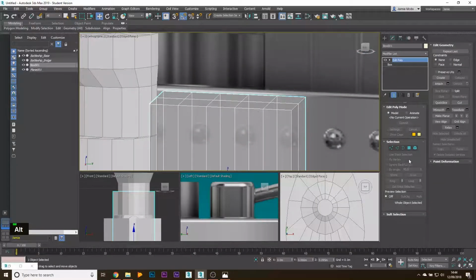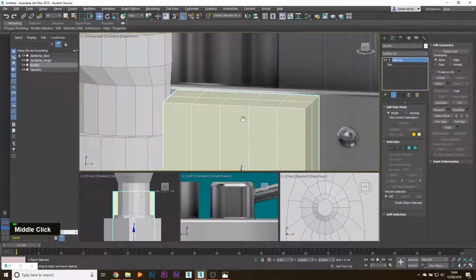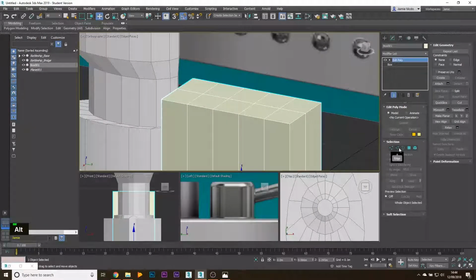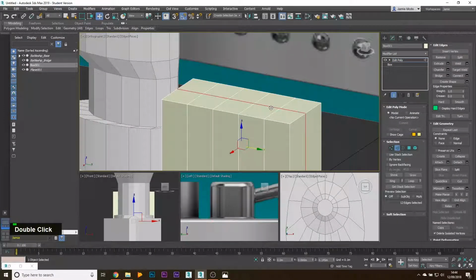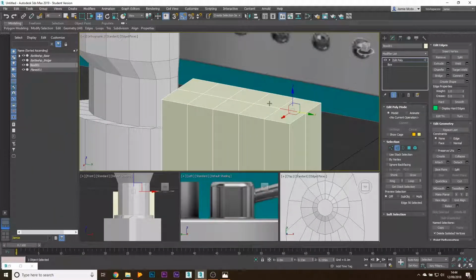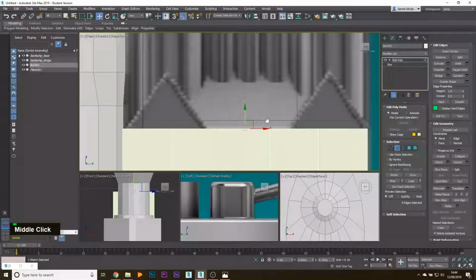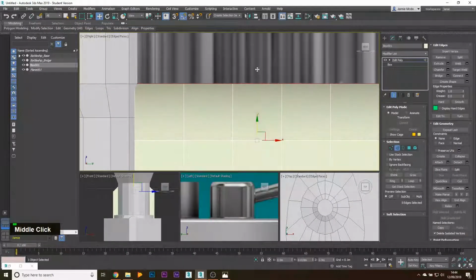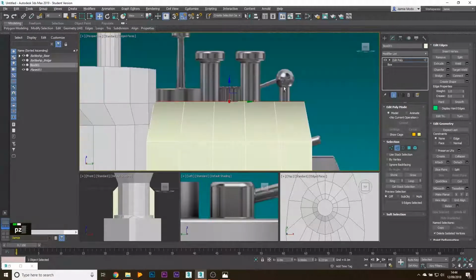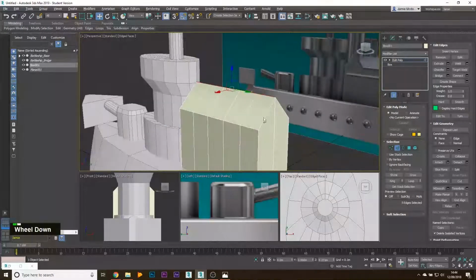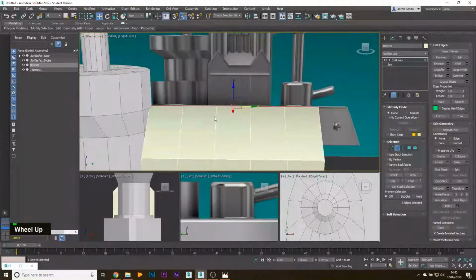So if I press Alt X to make it solid again, I'm going to select Edge. I don't want to double click because I only want this top line. So I'm just going to click one, hold Control, click, click, click, click. Look back at my right side, press Z if you lose focus, and drag it up to about there. And if I look at that, you can see we've got the rough kind of shape. But this, we have 2 kind of front bits here. And to make that,